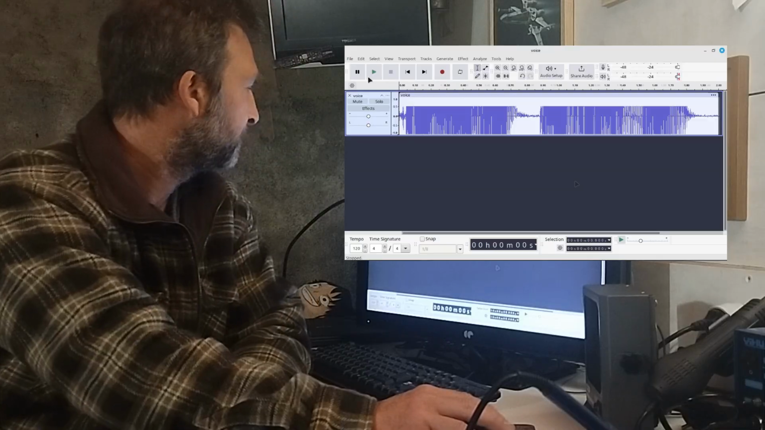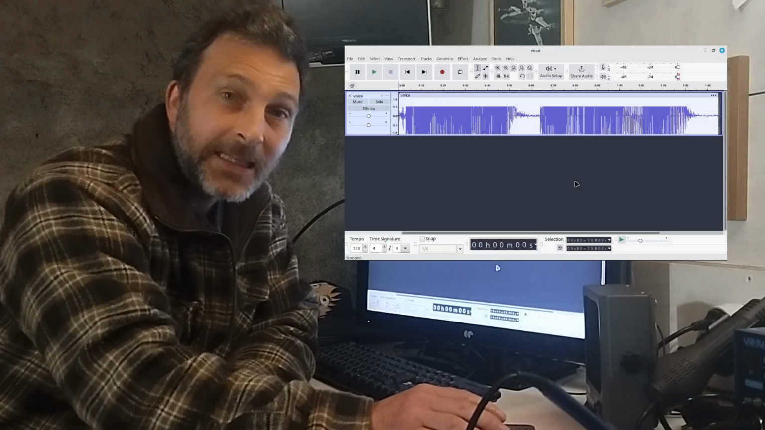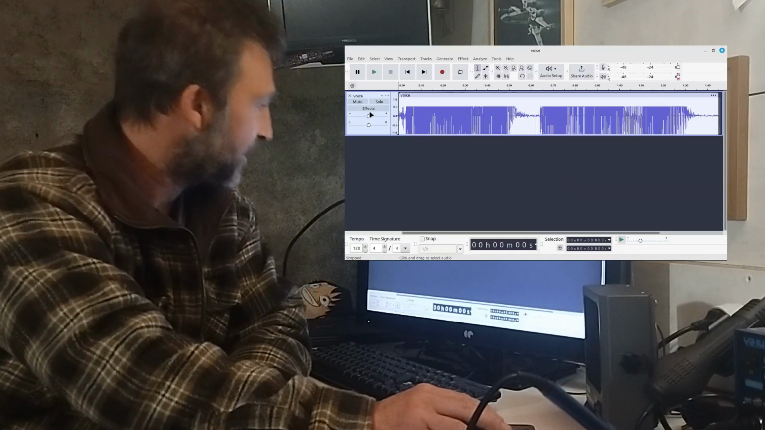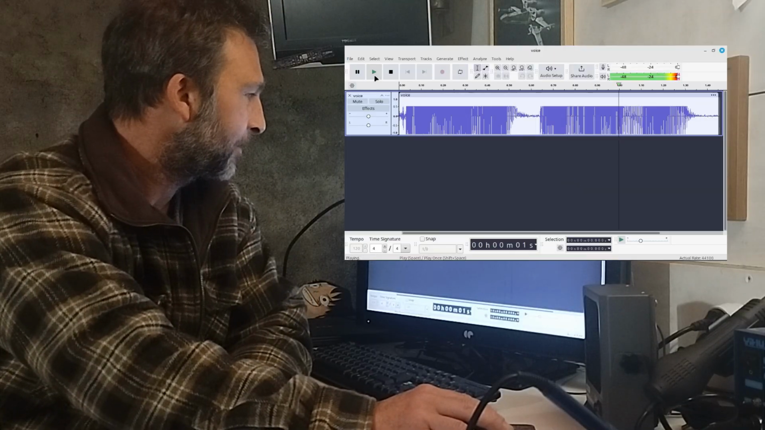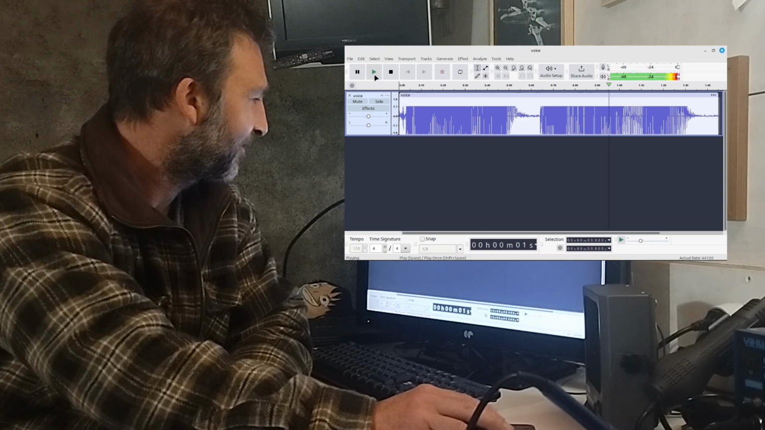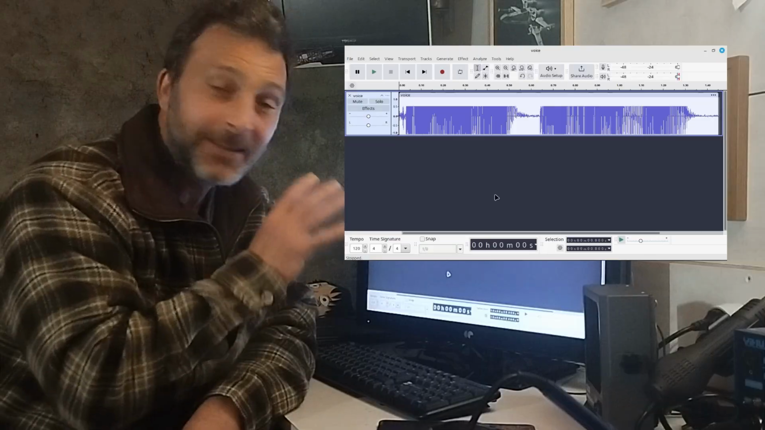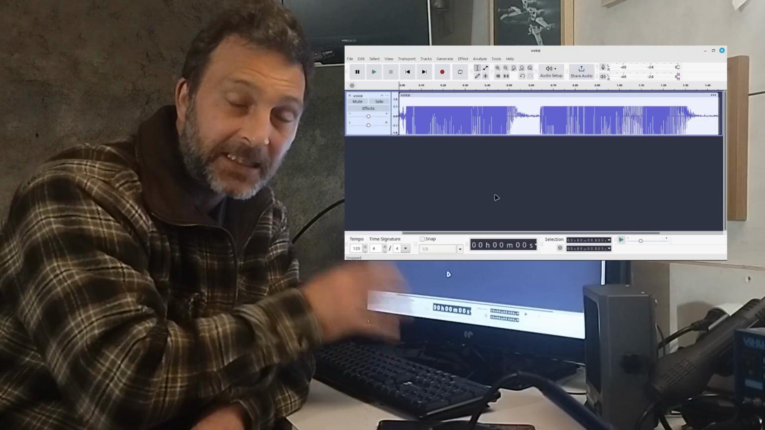So I imported at 11,025 hertz, and what I got was this. Donut Dilemma. Now this is fantastic, because I realized that if this works like this with these settings,